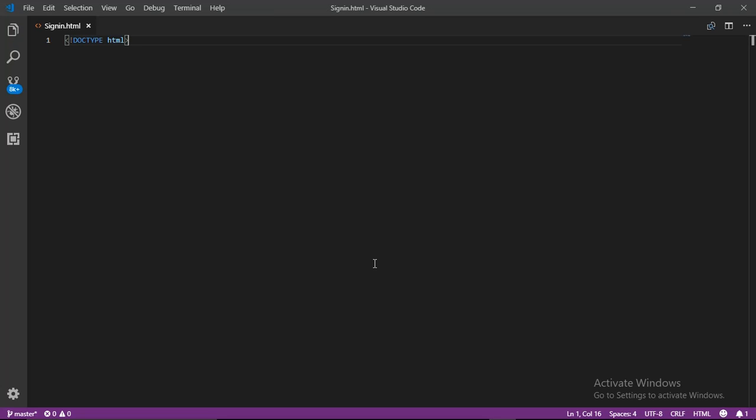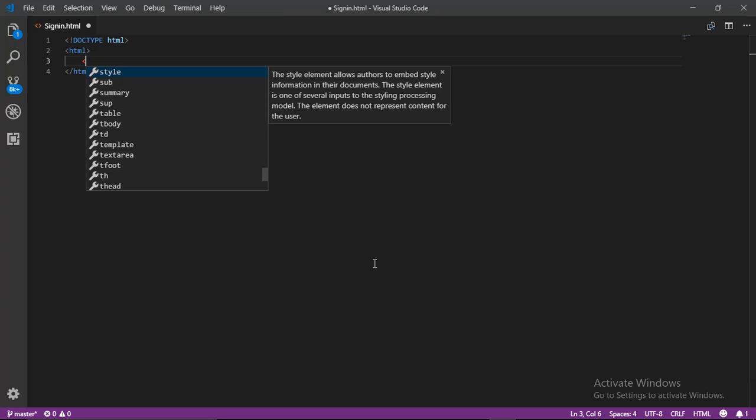The doctype is an instruction to a web browser about what version of markup language the page is written in. That is the purpose of the doctype, so don't get confused. This is not a tag, this is an instruction to the web browser. Okay, so no problem. Now I'm creating a tag, that is html, and inside that I create a